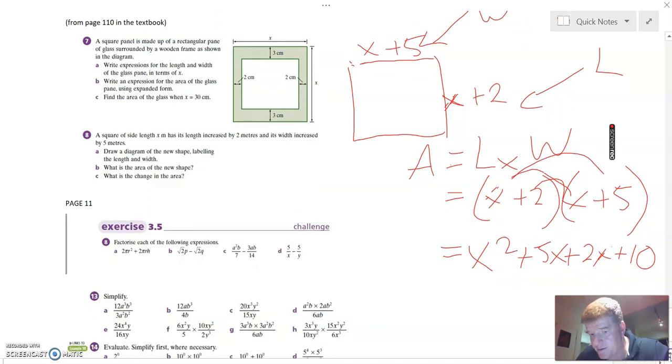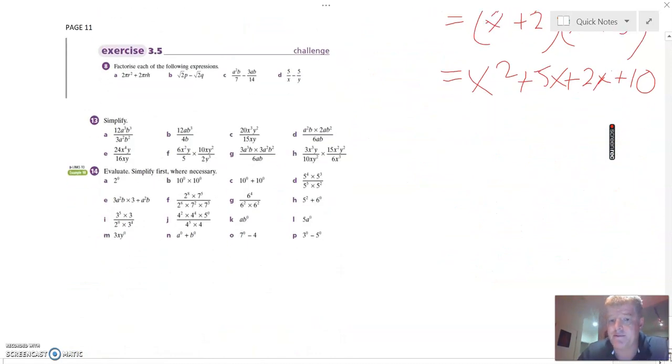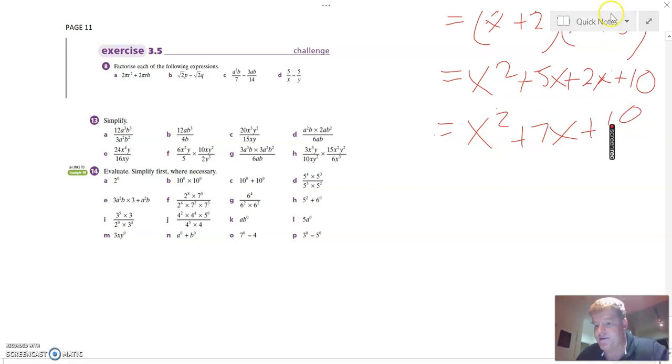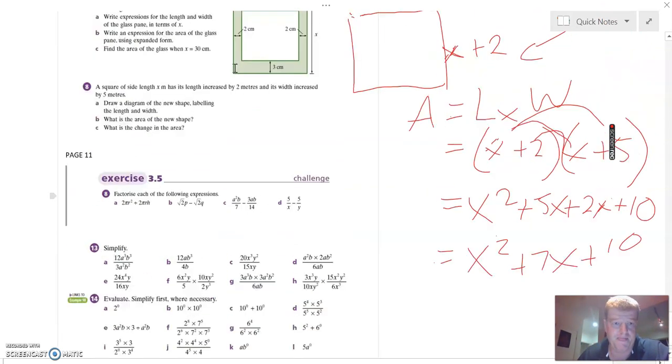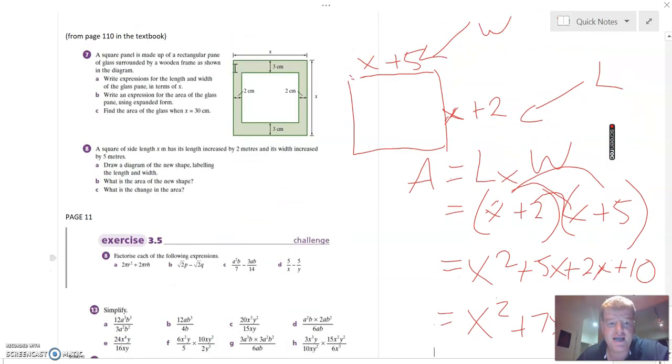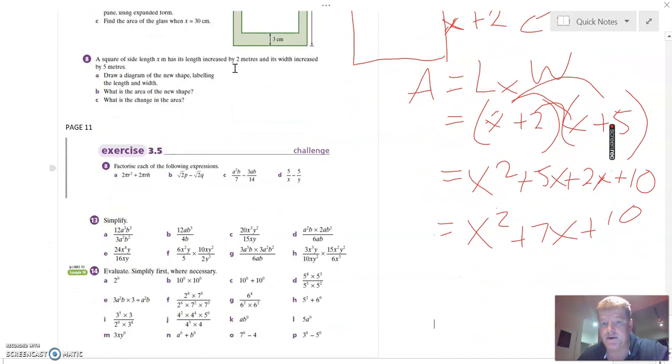Just want to see if I can scroll down a little bit. It's going to equal x squared plus 7x plus 10. Now we come to an interesting question. It asks us, if we just scroll up a little bit, what is the change in the area? How much bigger has it got? Well, when it was a square,